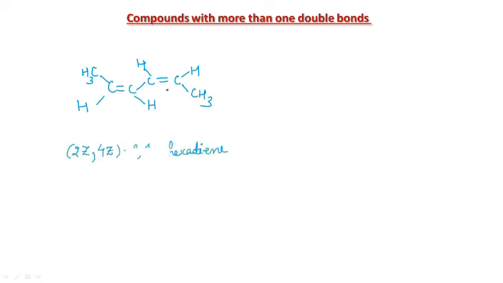Now if we have more than one double bond in a molecule, then this molecule can be written by first deciding the priority and designating them as Z or E. So I have already decided that this 2 is Z, and 4 is again Z. So how to write? These 2Z, 4Z are written in brackets. Please try to remember this. And this Z is written in italics. This is the way to write the nomenclature for such molecules, where we designate the molecule as Z or E isomers.